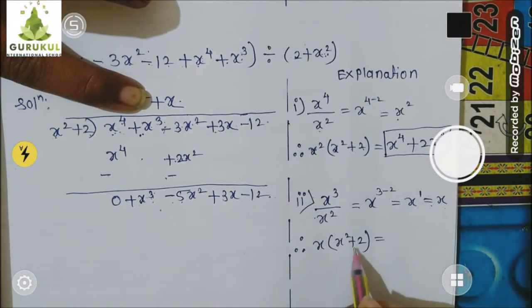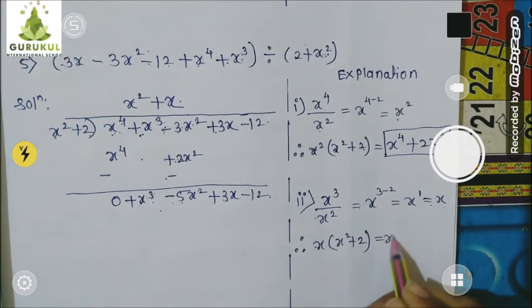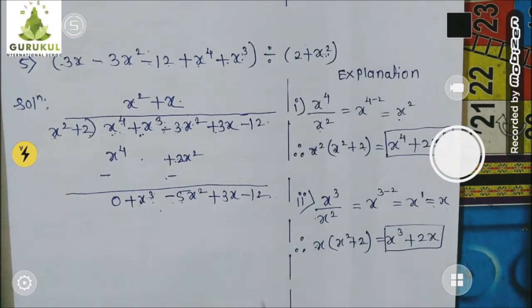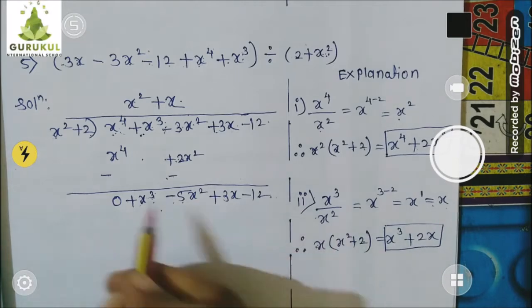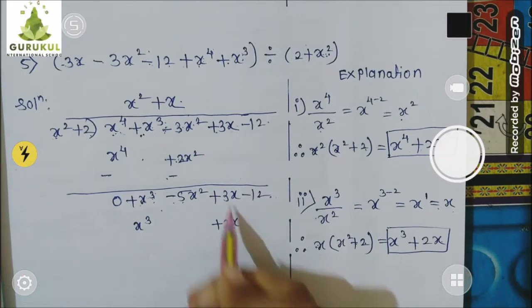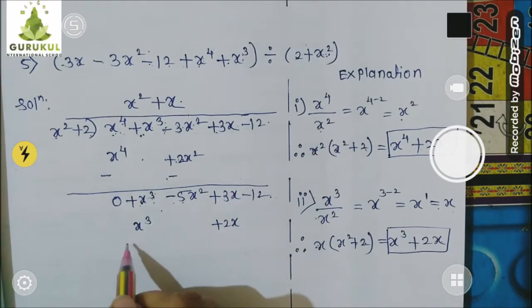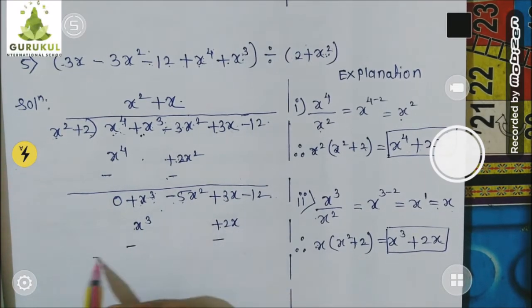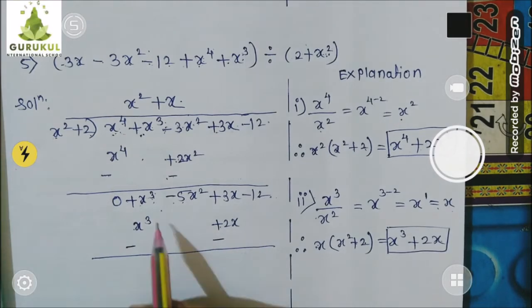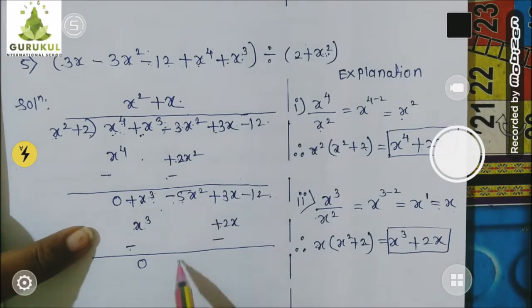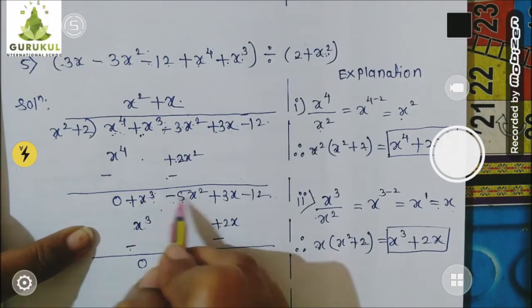Okay. Now multiply monomial into binomial. x into x square, x cube, plus this plus I copied. x into 2, 2x. So this I will write down below the like terms. x cube I will write below x cube. Plus 2x I will write below plus 3x. Like terms one below the other. Now time for subtraction. This plus becomes minus. This plus becomes minus. Let's subtract. Now, children, plus x cube minus x cube, 0. Here nothing is for subtraction, so copy down as it is along with sign.